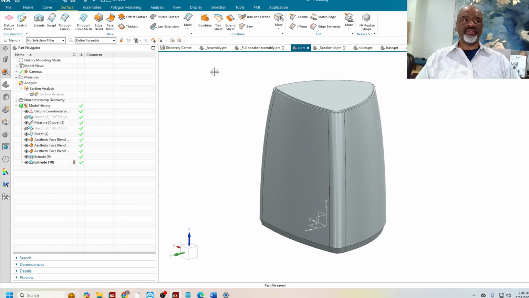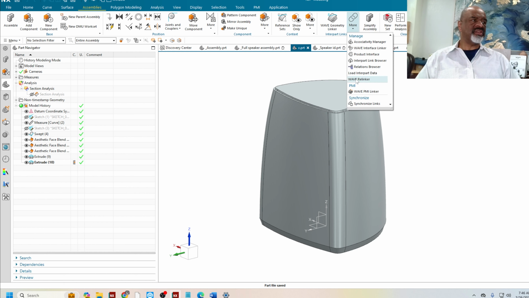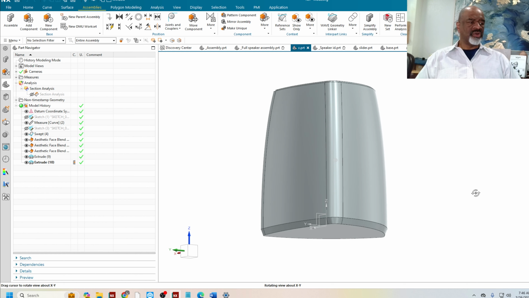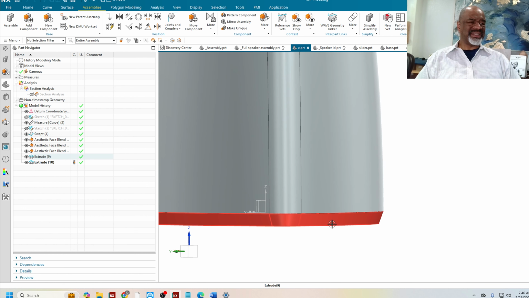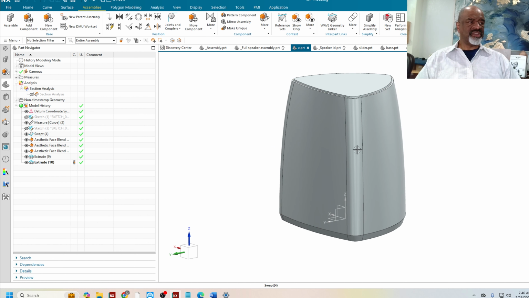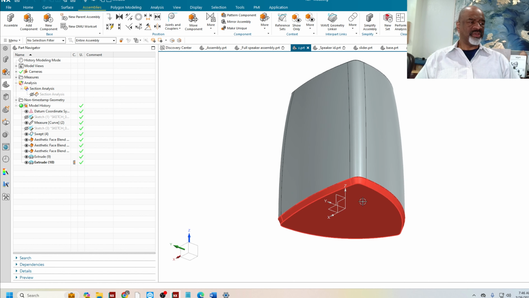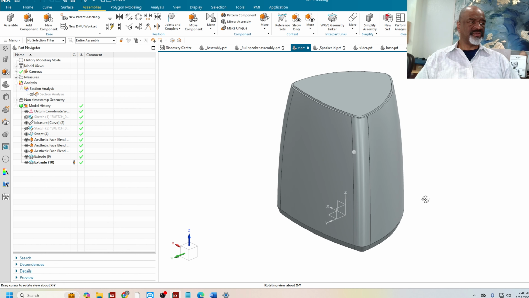I'm going to save this, and I'm now going to go into assemblies. In assemblies, I have the ability to do interfaces, product interfaces. So what I need to do now is make this piece a separate piece. That's going to be like the bottom piece, and that will screw onto this piece. This will have screw bosses and some way of getting that speaker in there and sealing it up, and there'll be screws on the bottom, and there'll be little feet and so on and so forth. And so just quickly, to finish this industrial design exercise, I'm going